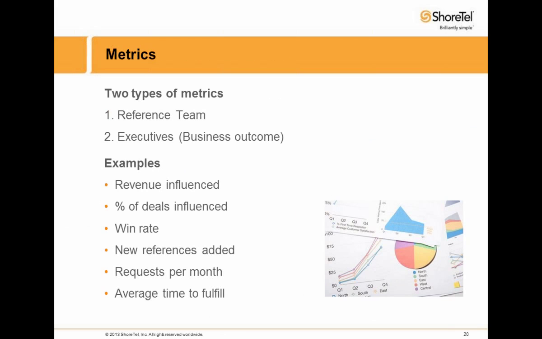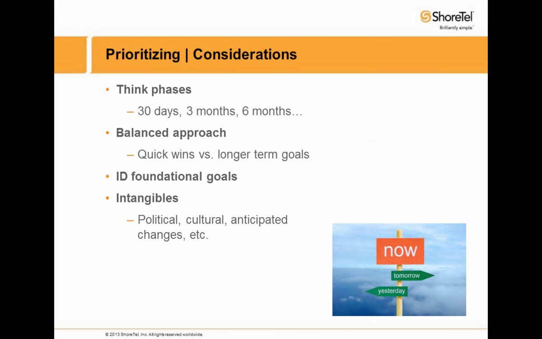Okay, so after you've sort of got all this information from stakeholders, from sales surveys, you've been doing your planning, you really have to probably think in terms of phases here. And we look at what can you accomplish in 30 days, what about a quarter, what about half a year, what about by the end of the year, things like that. You probably want to think about balancing your total goals between quick wins and longer-term goals. You know, you want to have a mix. You don't want to ignore the long-term goals because they do take time to achieve, and you want to show some quick wins so that everybody gets excited who's in your camp as well as sponsoring you.